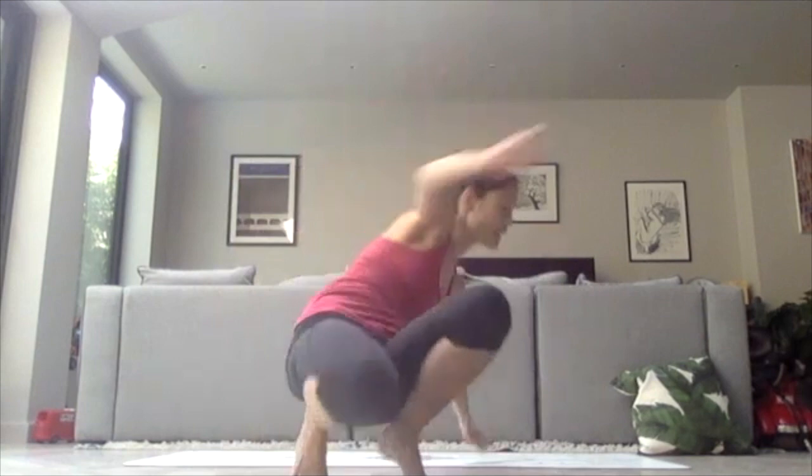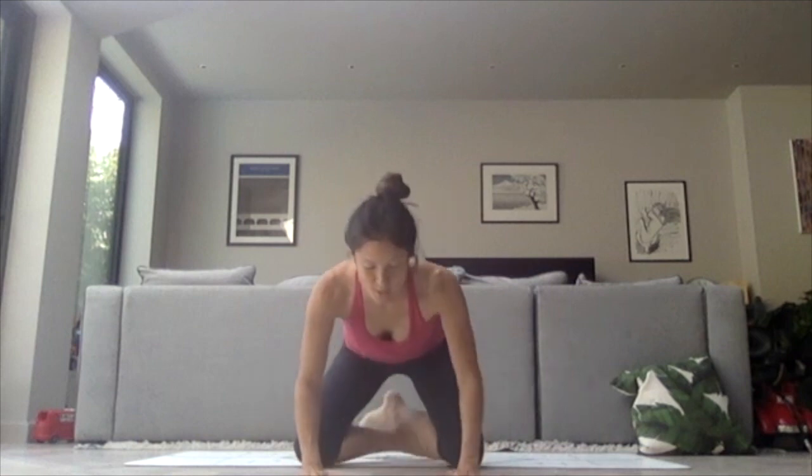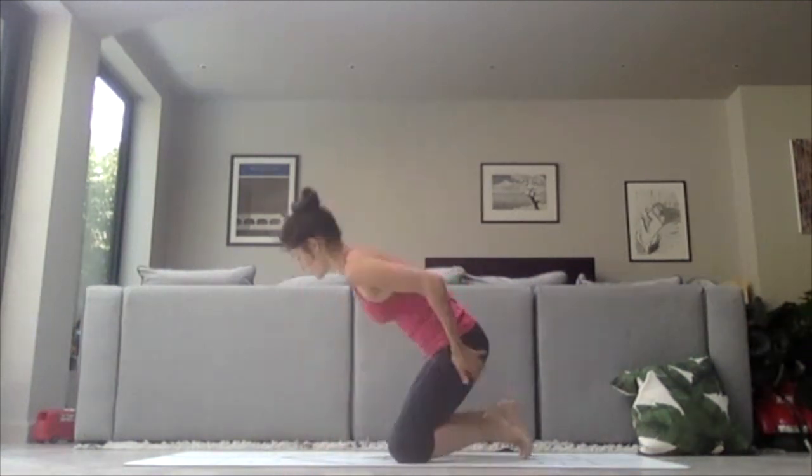Two more like this. Inhaling. And exhaling. Inhaling. And exhaling. Nice. So then roll over the legs and come into a tabletop position along the length of your mat,